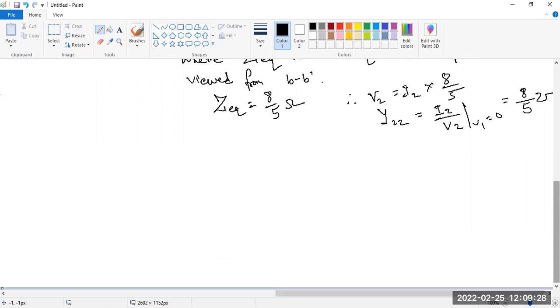Now we have to find out Y12. V1 is 0 means the A terminal is short circuited. So as